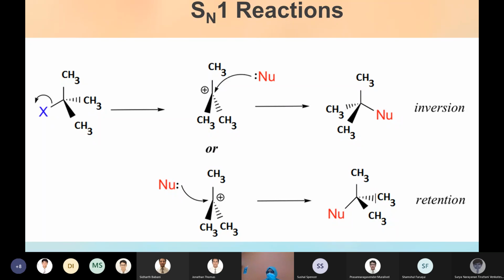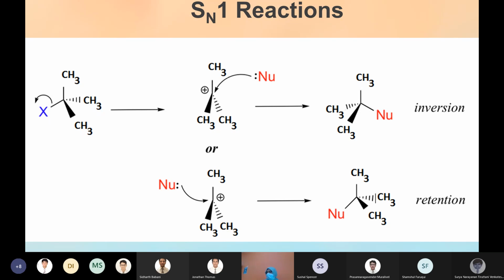See the previous slide, that L stands for leaving group. That's what they wrote it as, L. So you don't have to use that L, you can use it anyway, XN nucleophile, whatever the representation. The ideology is like this: the first step is breaking down the bond, only one molecule is taking part, forming a carbocation, and in the second step, the nucleophile is attacking that carbocation to give you the product. So there are two types of products possible.